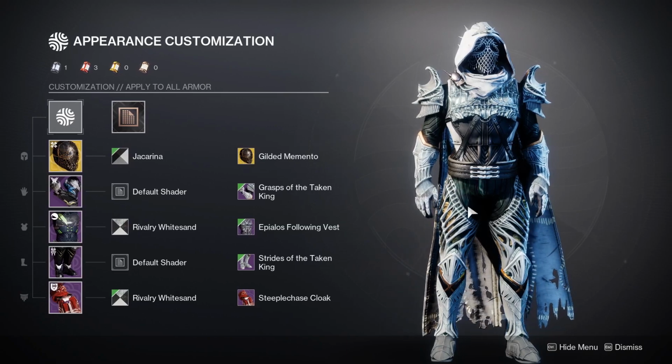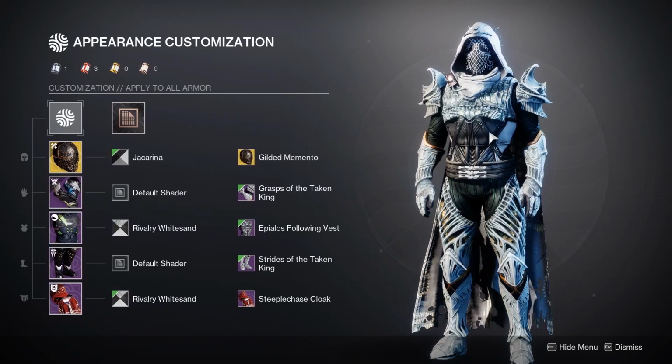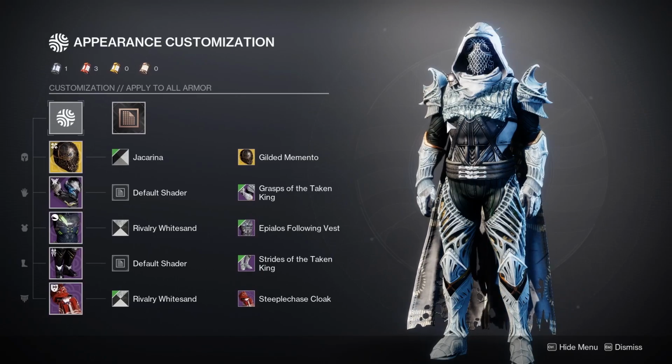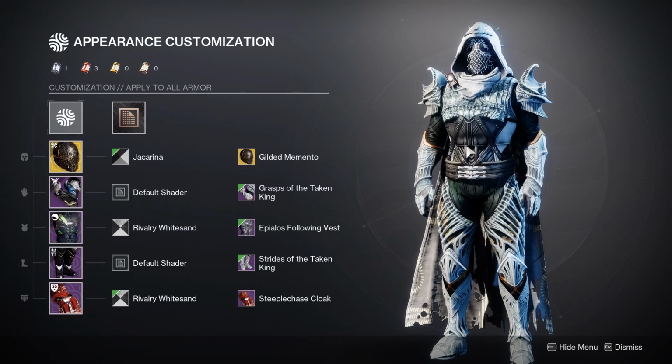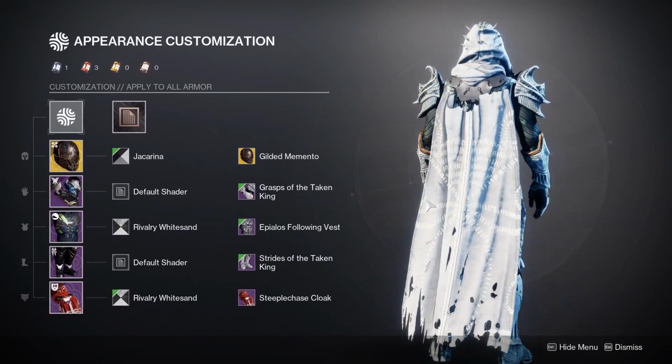I believe this was sold by Ada-1 a while back, but it pretty much matches the same colour for the shoulders. I'm struggling to find a good shader that matches with the colouring underneath with the arm bits, because it seems the dungeon armor has a weird strand-like effect going along them, whereas most other armor pieces don't. Nevertheless, Rivalry White Sand and Black Sand do work quite well, but I'm also using White Sand